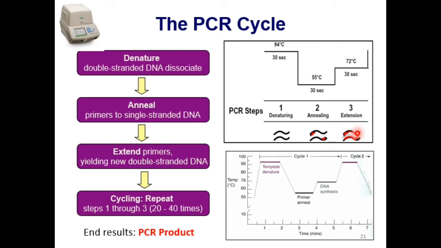Don't forget the role of dNTP. The new nucleotides that the polymerase uses are from the dNTPs that we are adding in the reaction. So the Taq polymerase will extend the primers and you will end up with a new complementary